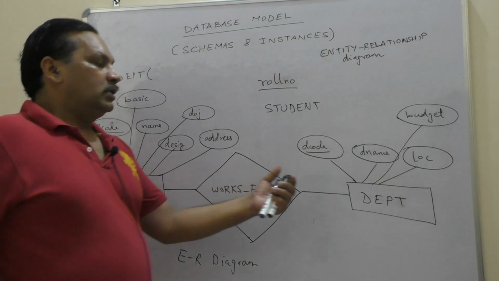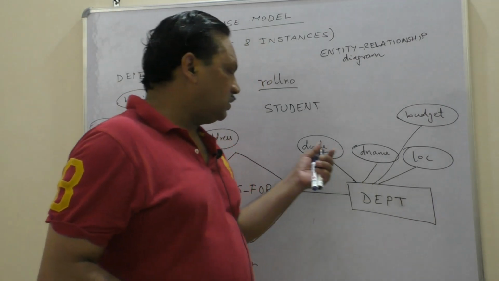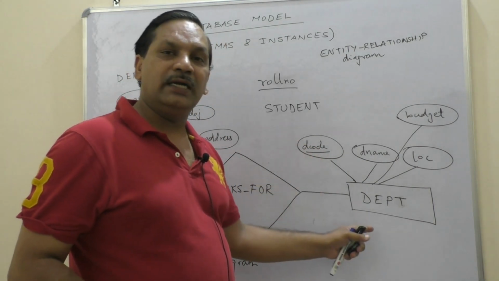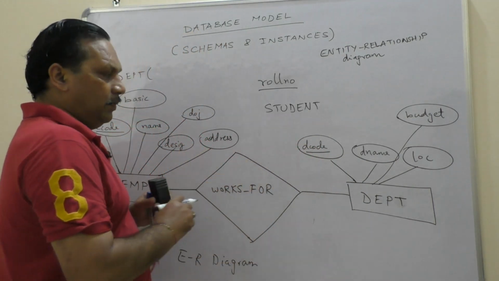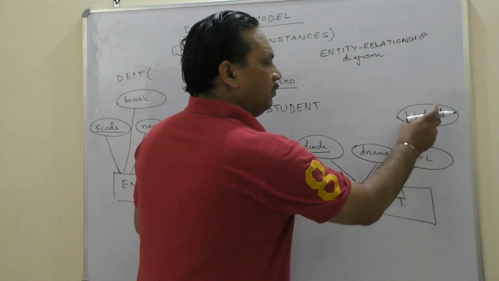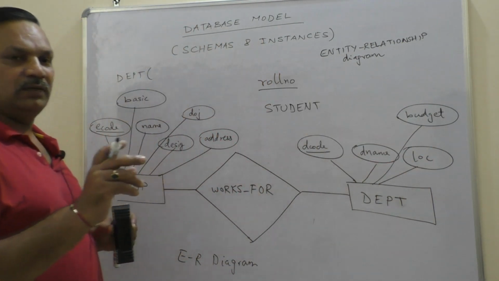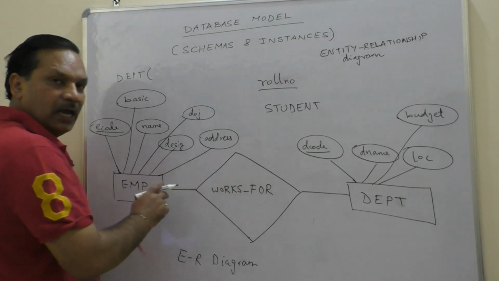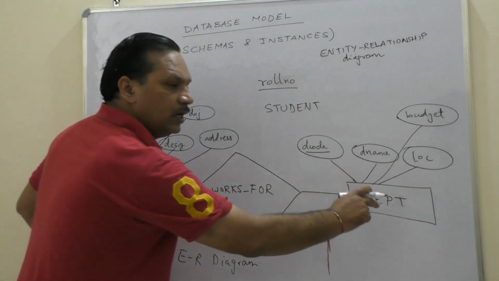So attribute employee code is a primary key or a key field of the table or entity EMP, employee. Similarly, for department, what is this? Department code is the key field or key attribute of the entity department. Now, department code, department name, location and budget, these are the 4 columns defined in this. Are you getting it? So, what is the relationship? Any employee works for a department.